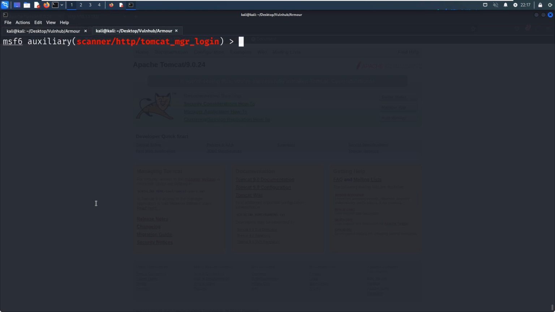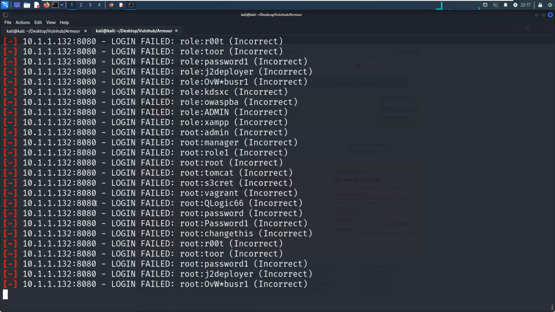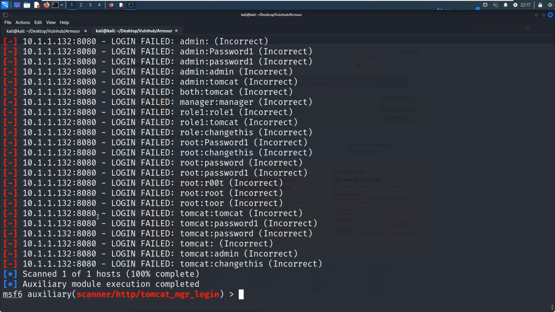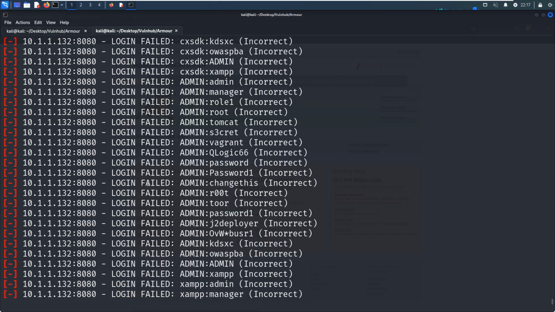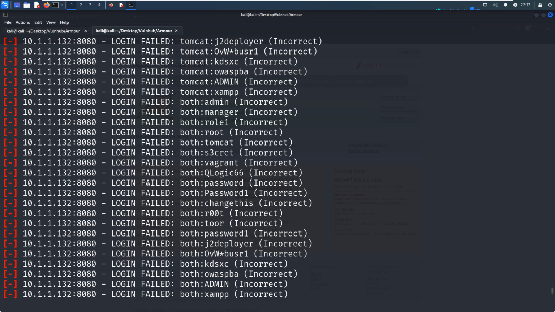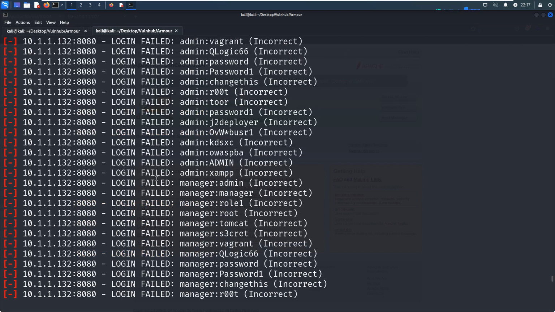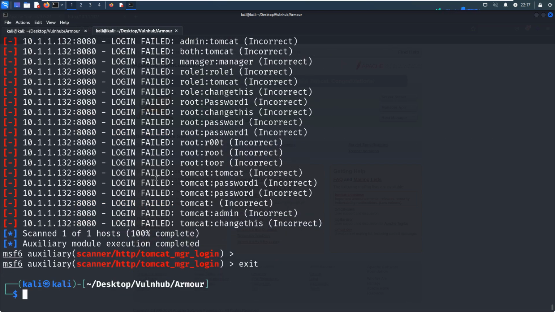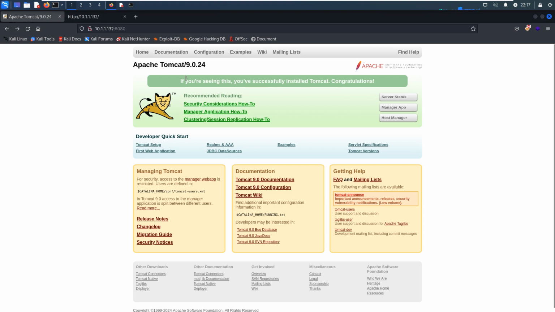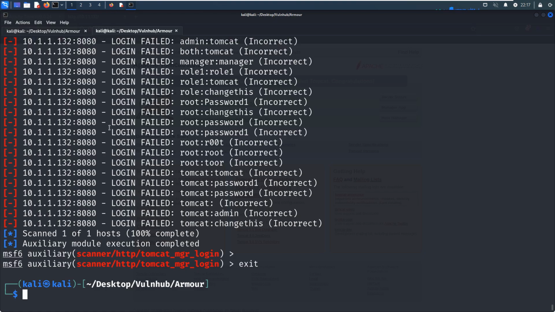We just run it, and it's trying different combinations of username and password. Let's scroll up to see whether we have already retrieved the correct ones. But none, so now we can exit. So it means that we cannot do anything with this port number, and also the other 8000 one. So I think the only possible attack surface should be surrounding the 8 port number.